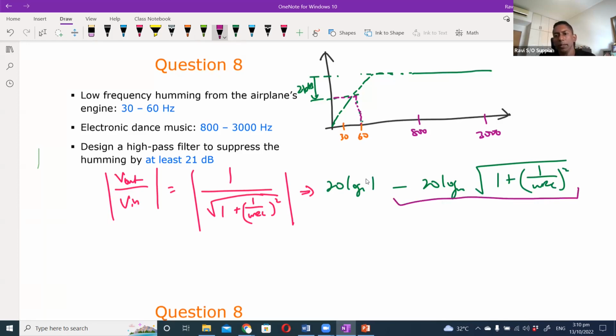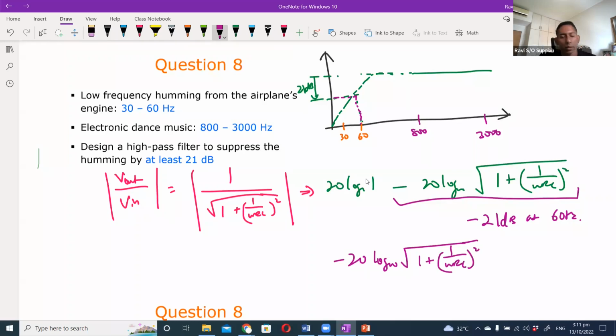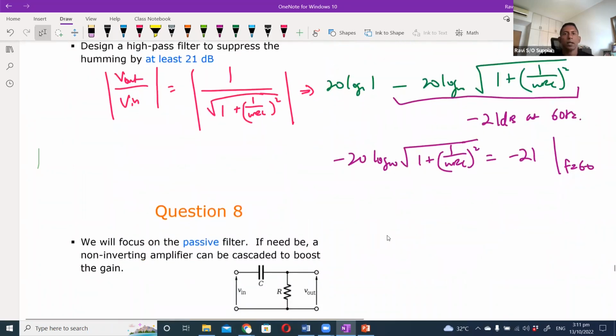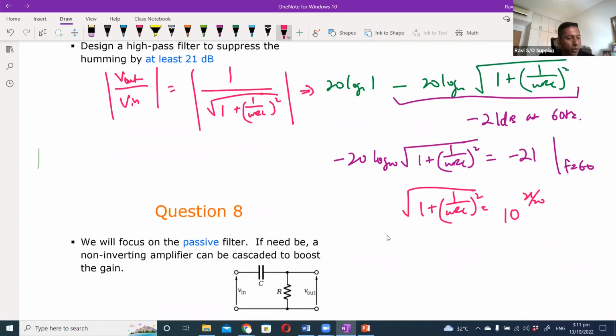So what we want is this should be minus 21 dB at 60 hertz. We are just going to focus on that: minus 20 log to the base 10 of the square root of 1 plus (1 over omega RC) squared equals minus 21 at f equals 60. Once you have this, the rest is as before, just the maths: 10 to the power of 21 over 20. After you solve everything, 1 over RC is about